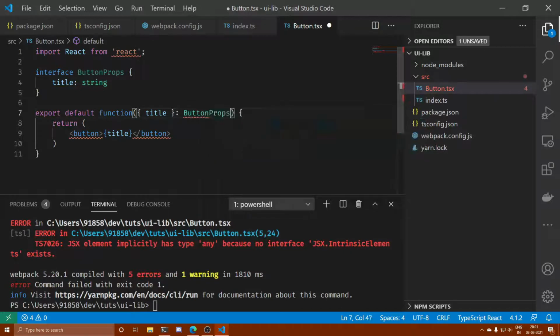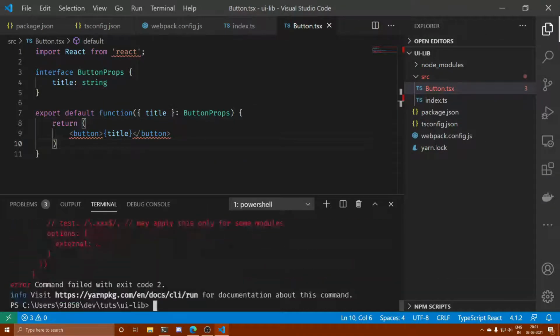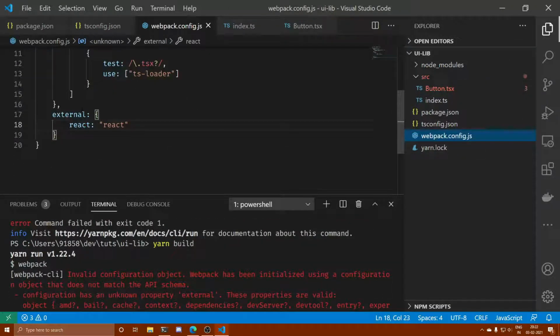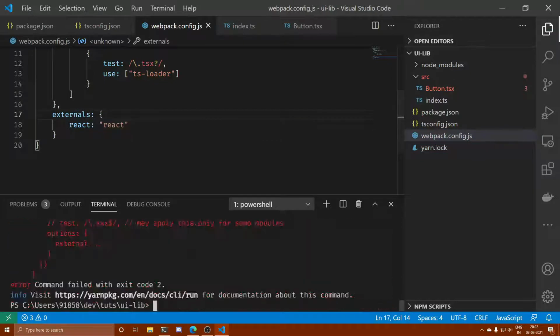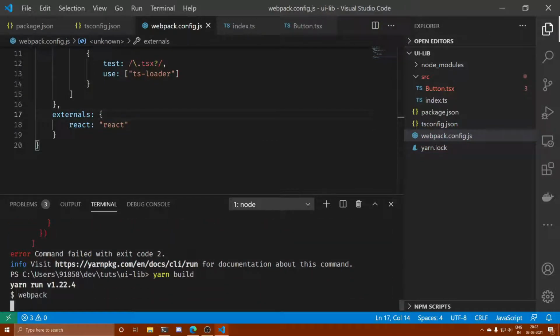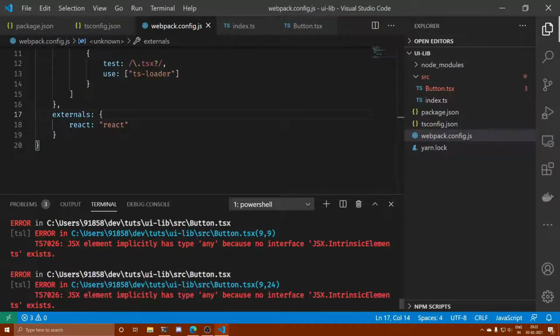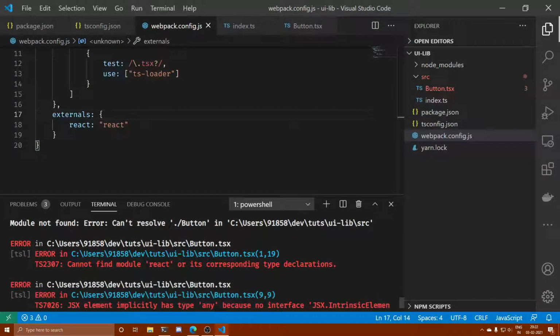So this is TypeScript. Now it will not complain. So let's try to recompile it. So let's go here, and it should be called externals, not external. That was the reason we were getting the error. And again, let's see what errors we are getting.